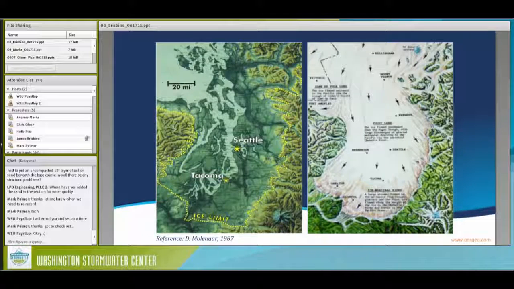So to put this into a geological context, this is a great old graphic by the famous mountaineer and painter D. Molinar, where he showed how the continental glacier came down through the Puget Sound Basin during the last ice age and filled the entire basin, covering Seattle, Tacoma, even Olympia, with this thick layer of ice. And you can see in the right-hand picture, there's the extent of the ice and then the ice limit. So everything we do in Seattle, Tacoma, Olympia, all the way up to Bellingham is really affected by this Puget lobe of the continental glacier, and all of the geologic units that we deal with are related to this